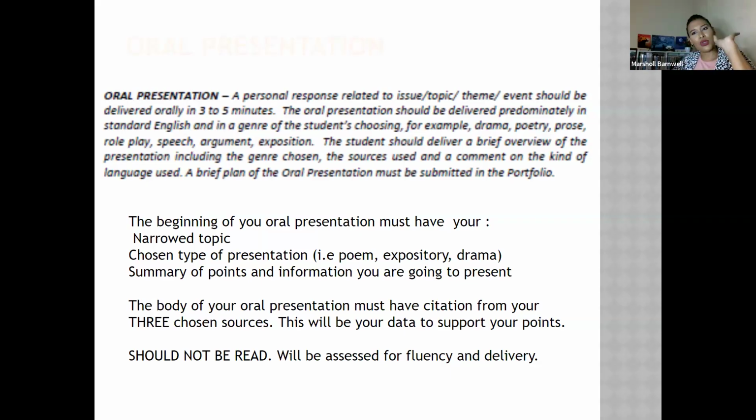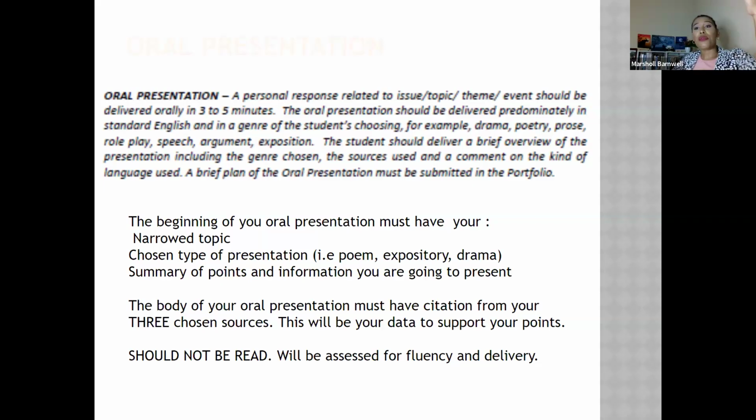You usually see an abstract, which basically summarizes what you're presenting. So for your oral presentation, regardless of the genre that you choose to present in, you still have to provide us with an abstract. And the abstract is going to tell us the basic information, which is what is your narrow topic, how you're going to present it, as in the format and the structure that you're going to present it in,